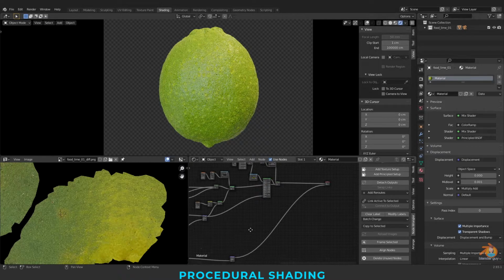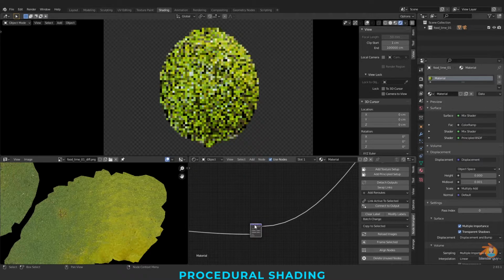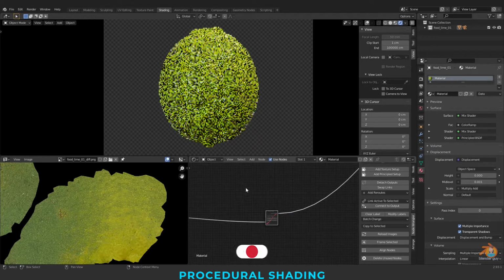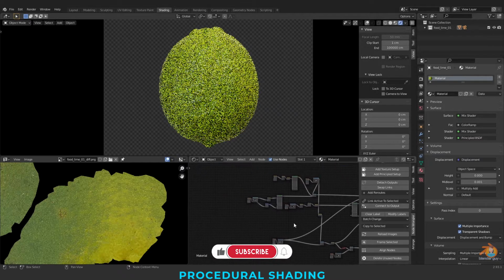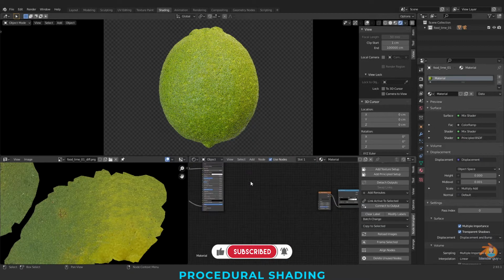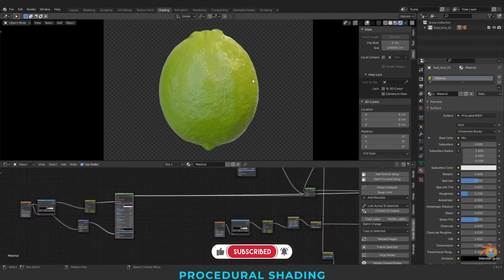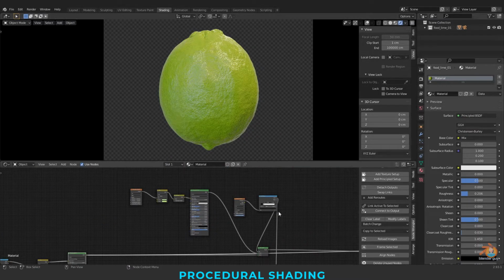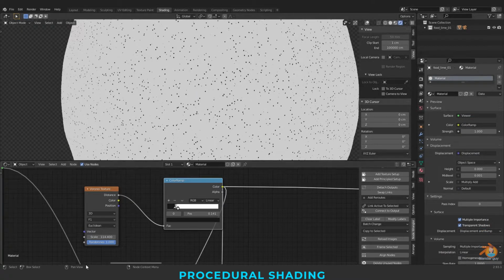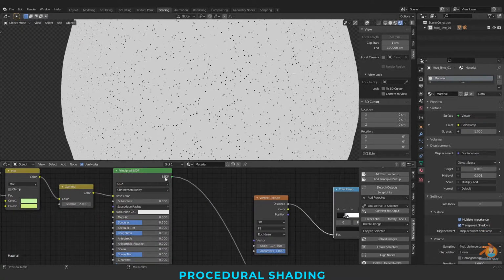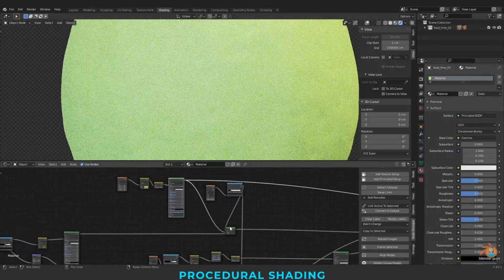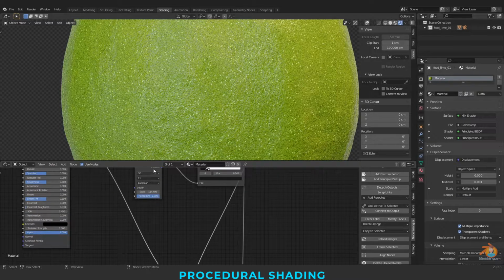I'm just muting this node, just selecting and press M. So this is our base material. On that base material we have added these dots, and the dot material is this one, and we have blended this both using this Voronoi texture.